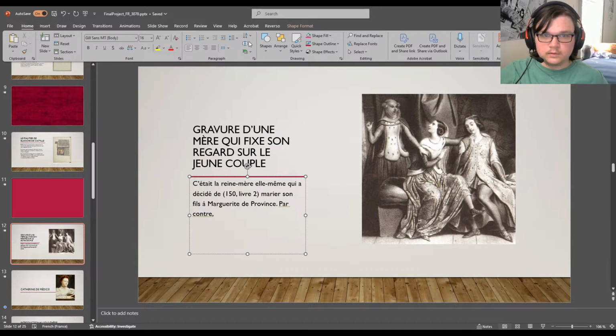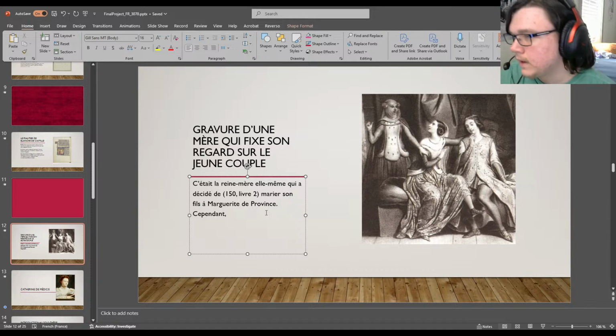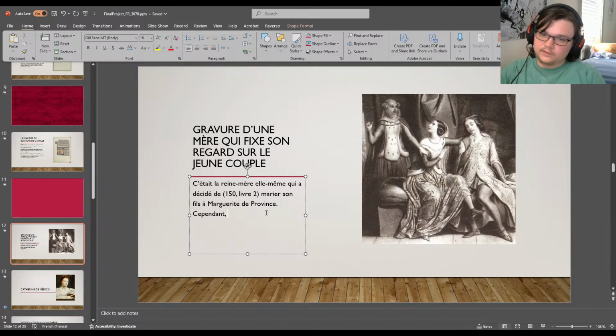Oh, I see. So, cependant is sort of like the formal thing. So, however might not be the right word. Cependant is a more formal way to say that, apparently. Cependant, which is what I was going to do before. I didn't realize there was an informal way to say however. Or you can also say en revanche. Okay, however,